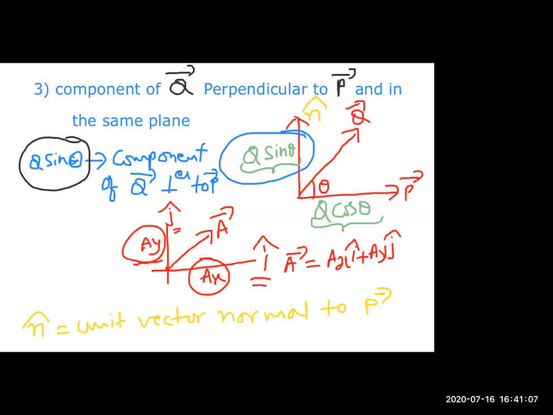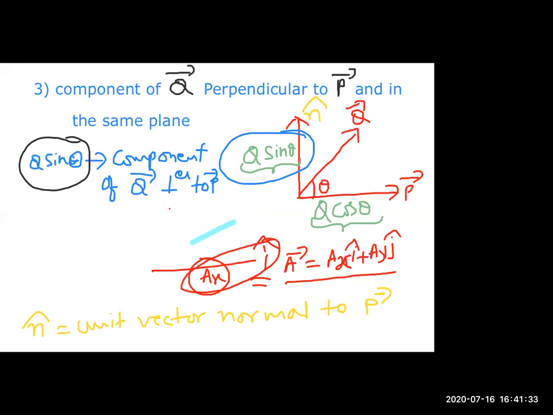So a bar is equal to ax i cap plus ay j cap. So this is the information I know. A unit vector, if you multiply it to this quantity, becomes a vector. And j cap is a unit vector; you multiply it to this quantity, and this is one vector. The resultant of these two vectors will always be the sum of these two, ax i cap and ay j cap. Like that we got information on a vector in two dimensions.